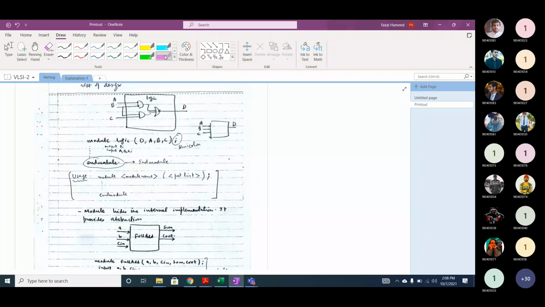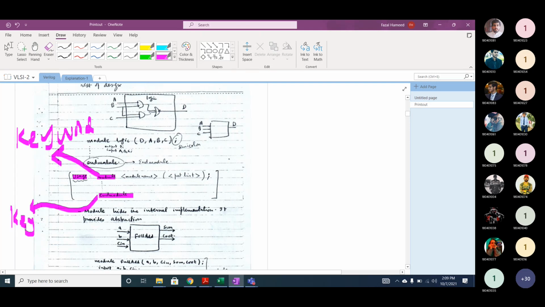How will we use a module? This is the usage. We start with the keyword module, and we end with endmodule, which is also a keyword. Now we have a module name. You can give any name. Is it a keyword or an identifier?